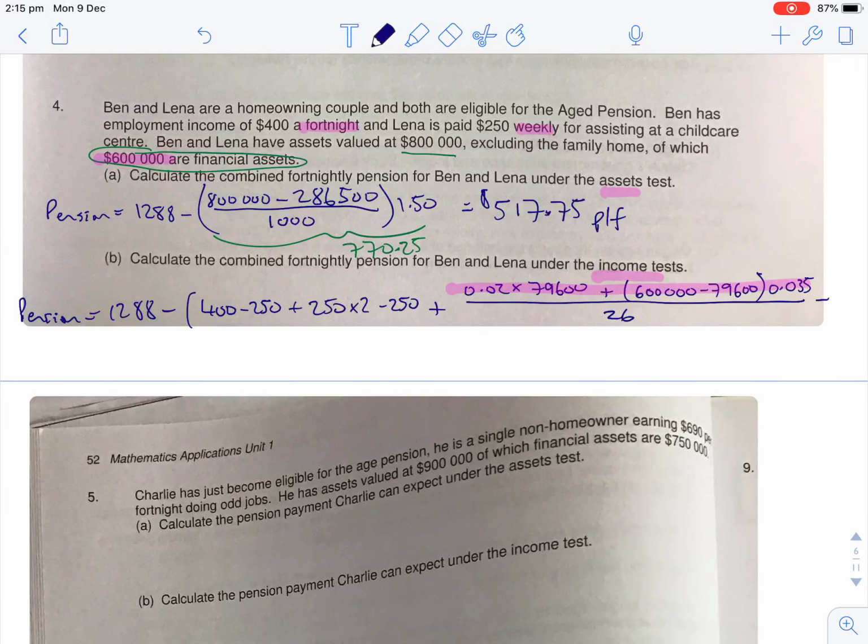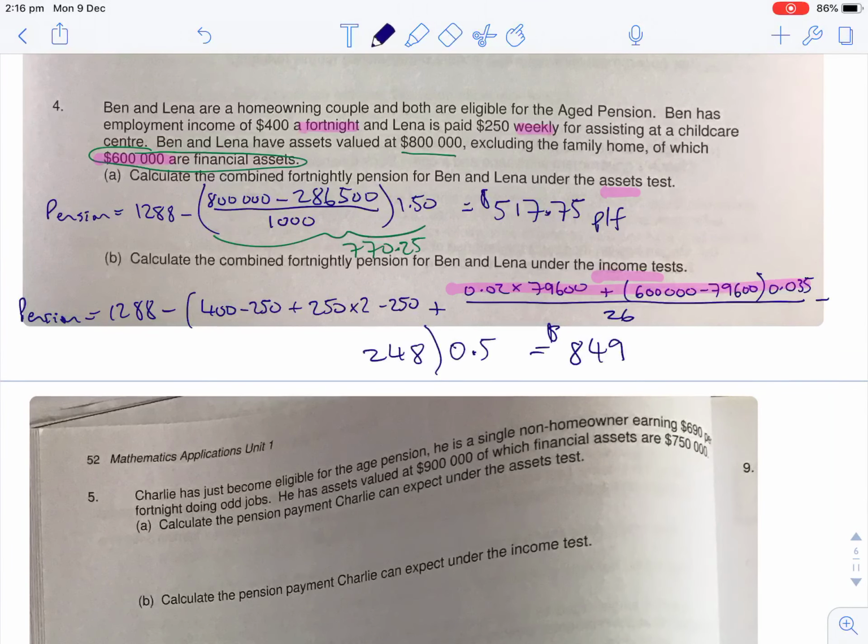So I'm now going to take away the $248, which is the earnings income threshold for the partnership. For each of those dollars, they'd lose 50 cents. So close your bracket, times 0.5, and that's working out 50% or 50 cents in each dollar for each of the dollars over that $248. Now, that would give me a final pension under all of this of